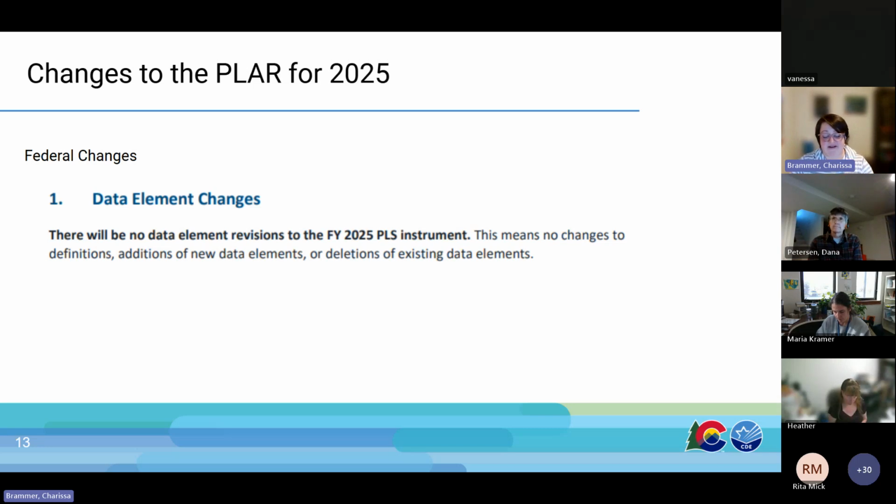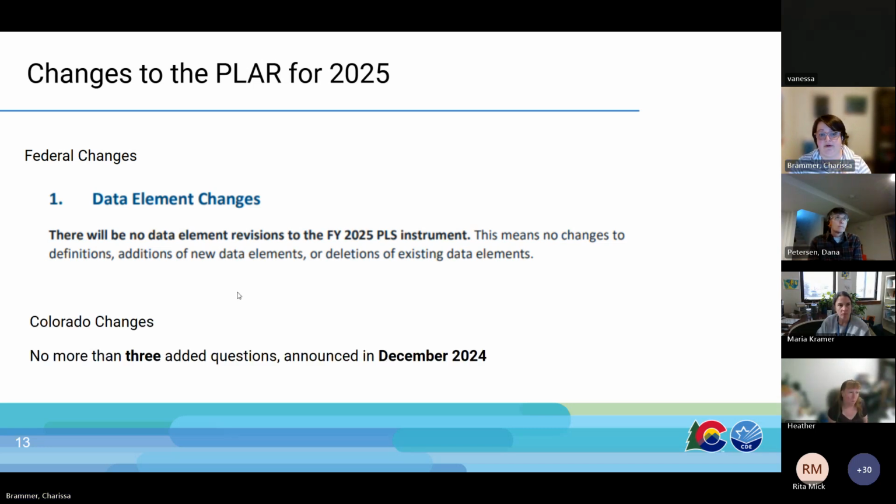So that's exciting. I also set it up so that for Colorado changes in 2025, I promise you that I will have no more than 3 added questions, and I'm working with folks right now to get those. So we'll have those announced December 2024 before the collection starts. So I hope